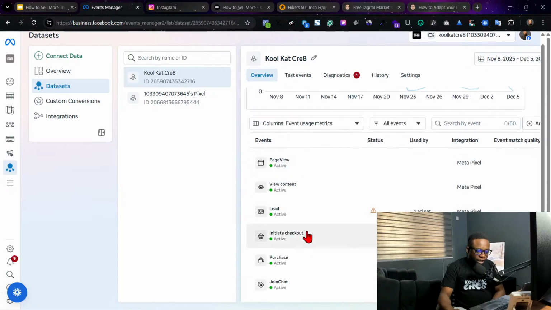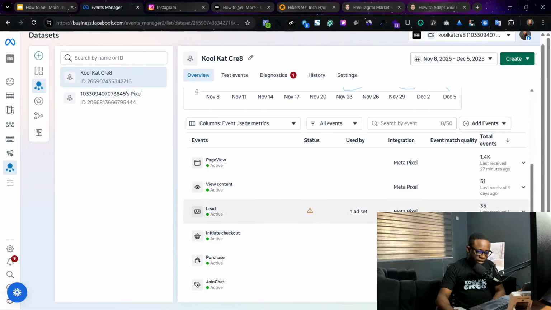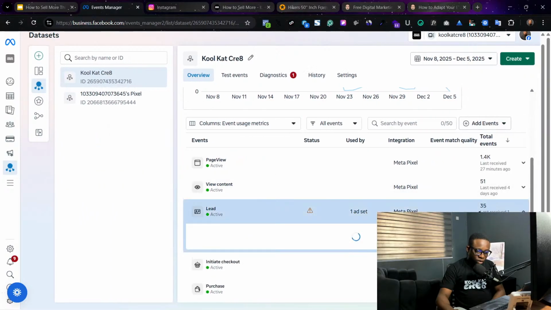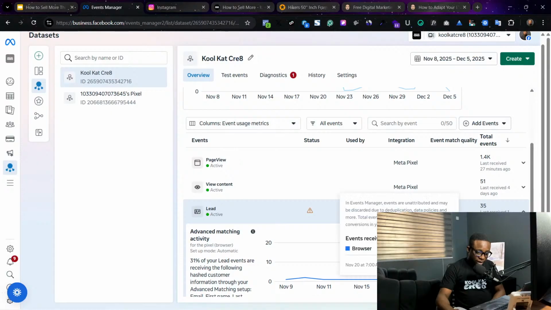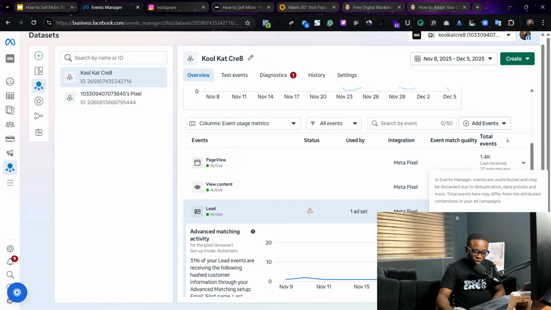So now, if you check here, you can see my leads. Let me close this here. So as you can see, this is one day ago. So this is when I had 1 lead, and this is where 13 leads come in. I've been running the ads since the third. So you can see that I didn't have any leads until this particular time, meaning I had issues.